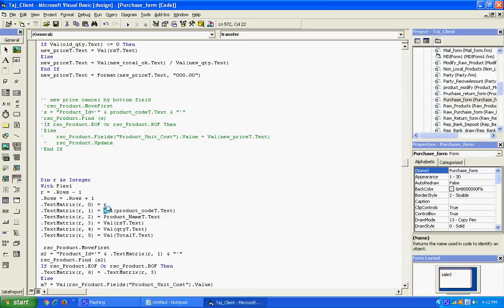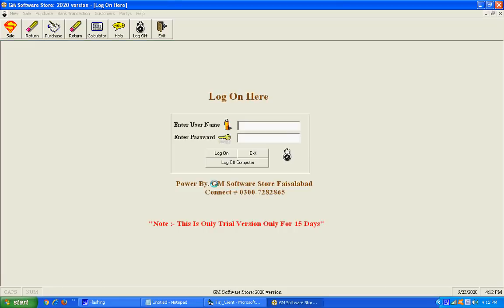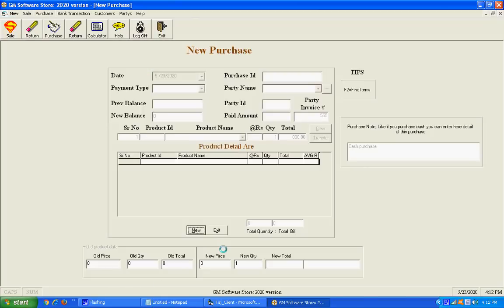I'm going to check again. Purchase new. Take the product code. My scanner is working slow. Transfer that successfully. Transfer product name and press the save button. Done successfully. Hopefully done successfully. And press the exit button.